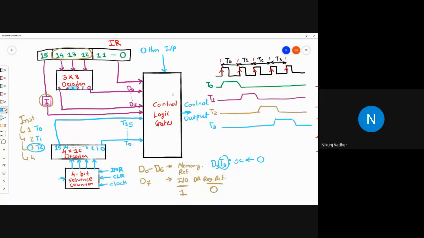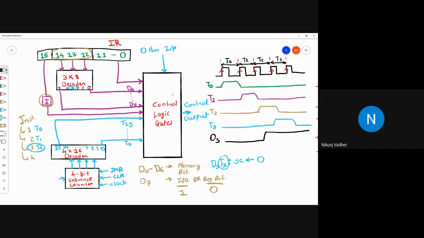Okay, so how this will take place, let me explain with an example. Let me draw D3 over here. Let's say D3 is enabled in T2 only.